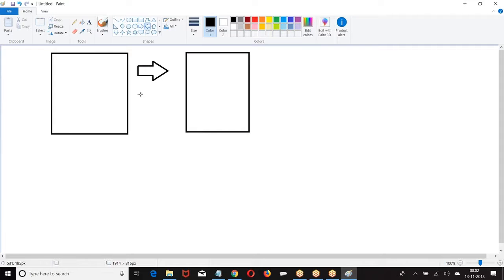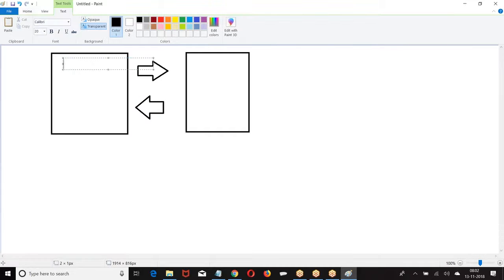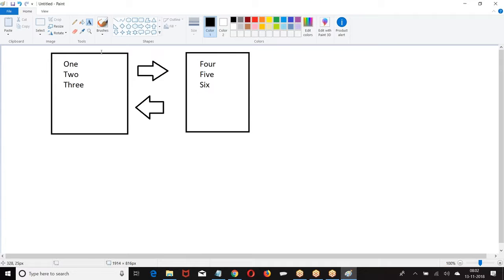This is called multi-select. Now we are able to select more than one option.